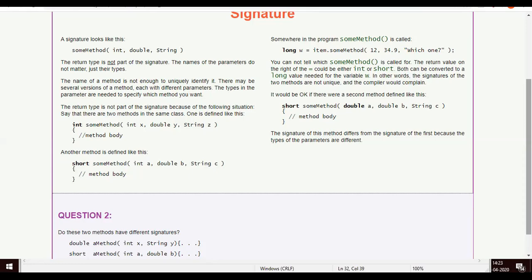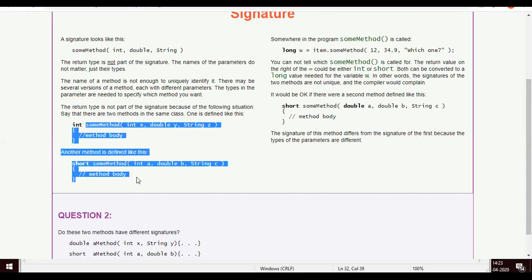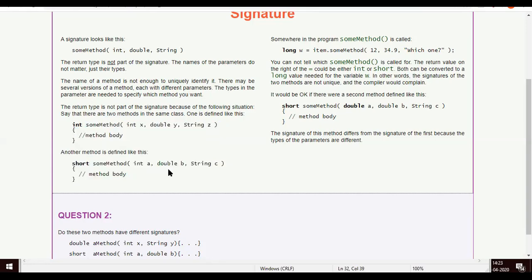In this case, these two methods have the same signature, which is not allowed. You cannot have multiple methods with the same signature inside the same class. Inside a particular class, you cannot write two methods like this. They are not different, they are same. Even though they have different return types, with respect to signature, they are same. So you cannot have something like this.